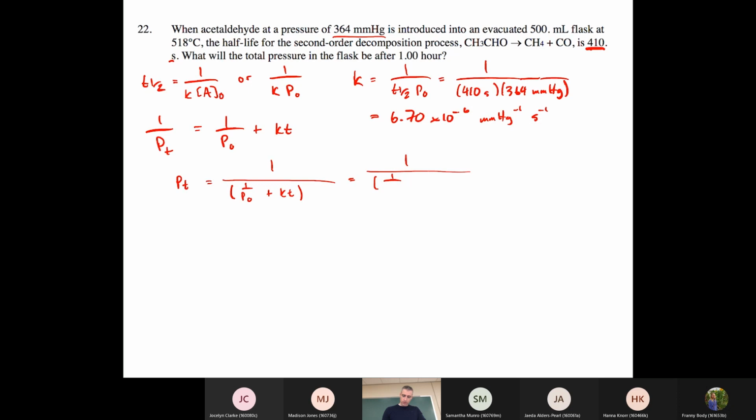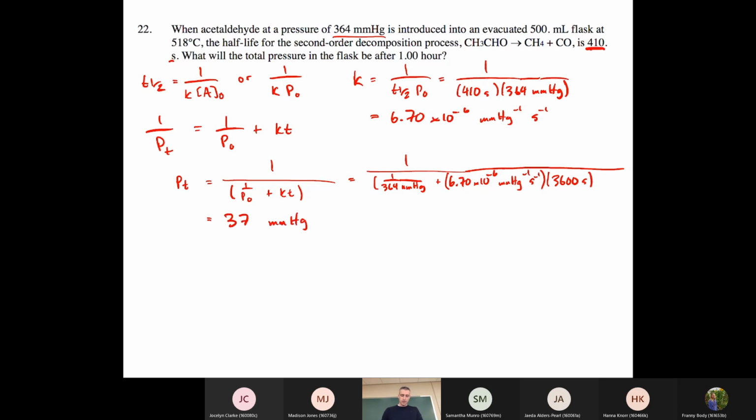1 over initial pressure, 364 millimeters of mercury, plus K is 6.70 times 10 to the minus 6 millimeters of mercury to the minus 1 seconds to the minus 1. It's going to be a long one here. And we want 1 hour, so we need to convert hours to seconds. There are 3,600 seconds in 1 hour. And when we run that calculation, we end up with 37